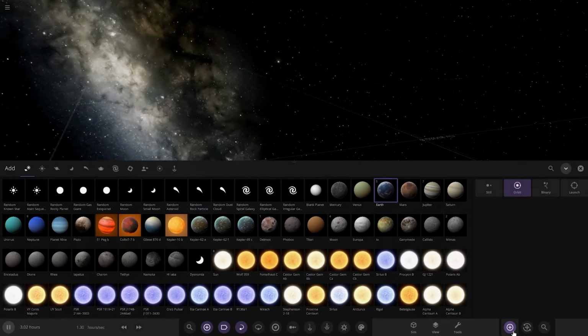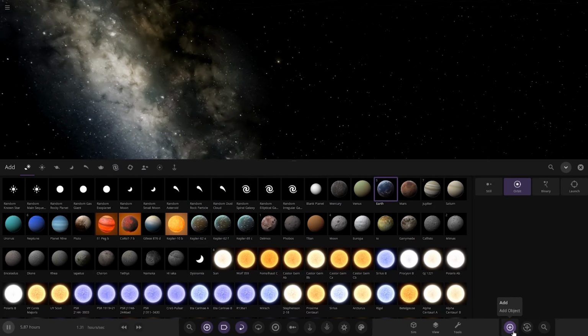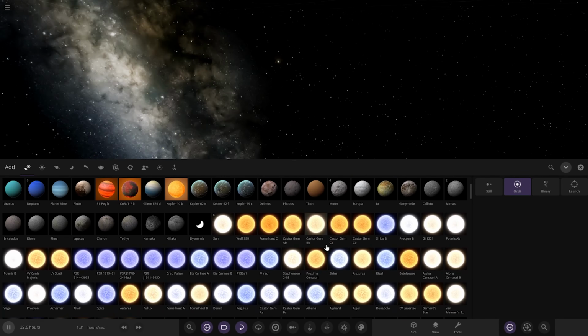Right, so star-wise, this is going to be a pretty hackable system as well. We're going to have a lot of objects here which are going to be pretty hackable. So I think we're going to need a nice fair star for this. So I'm actually going to go with